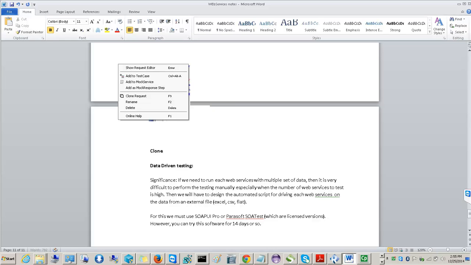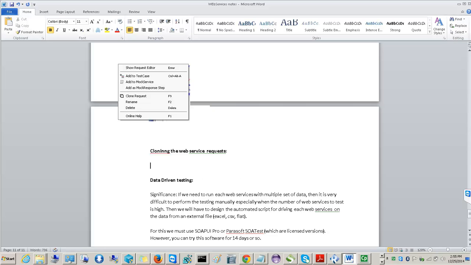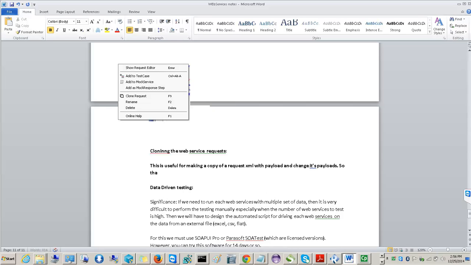So cloning is request. So this is not an alternative, useful for making a copy of a request XML with payload and change its payloads so that we can retain the payloads every time we execute